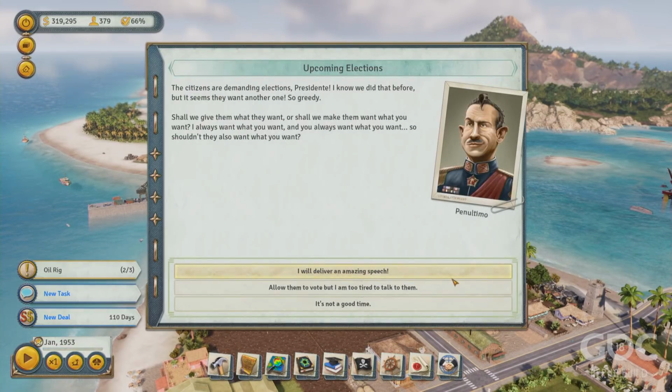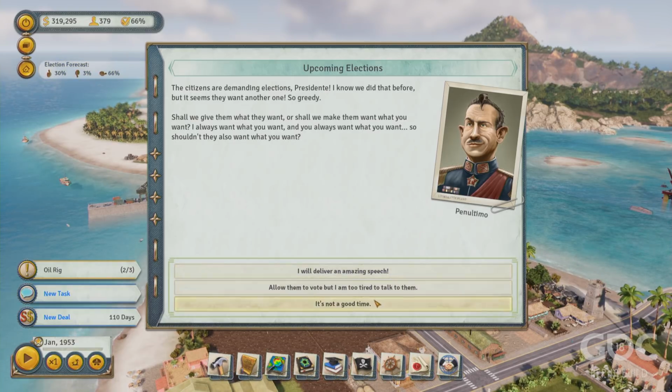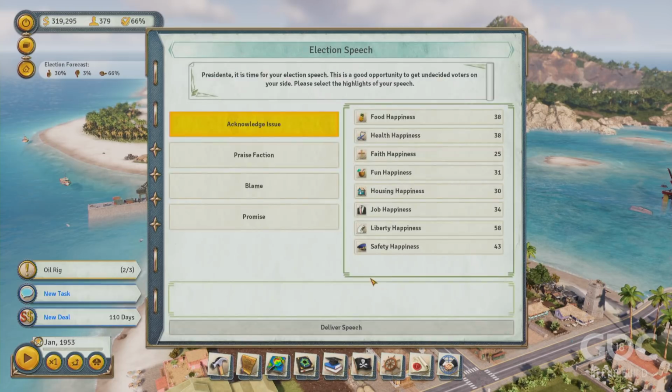Yeah, here we go. So you don't have to give a speech, by the way. It depends on your election forecast. I mean, we're looking pretty good there. We've got 30% favourable, 3% unfavourable, and then the rest undecided. That looks like we're going to win regardless. But why not just try and improve those odds anyway, and show off how the speech system works, as this is a preview. So if we agree to give a speech, we can first of all acknowledge an issue,